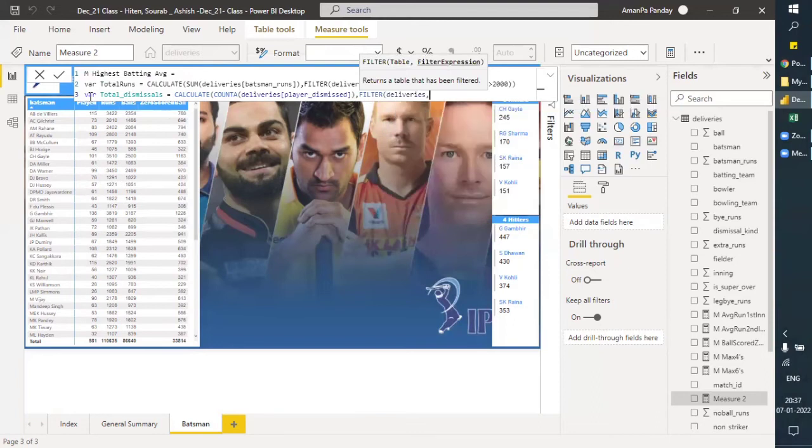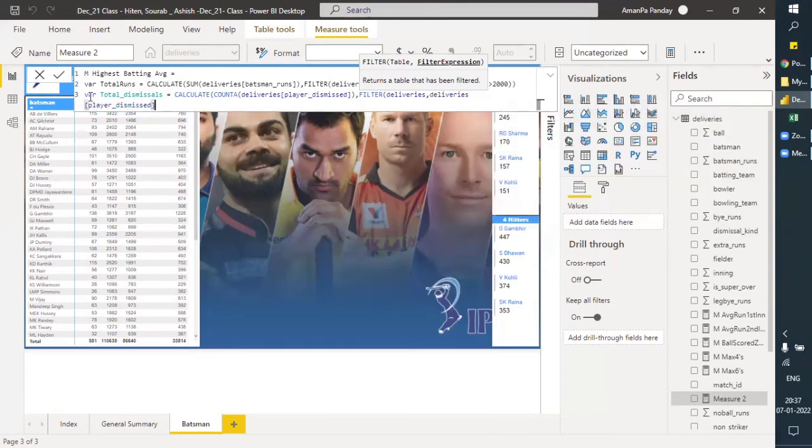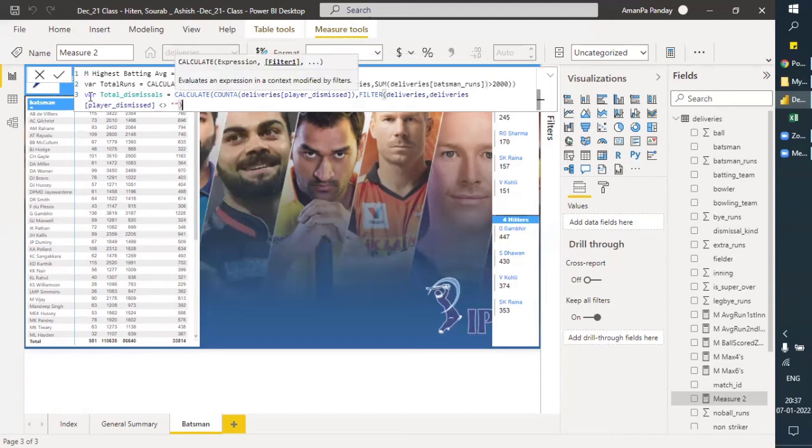As you know, we have to provide the table name on which we are applying the filter, so deliveries, and player dismissed is not equal to empty. Now I'll show you why I'm using this. Not equal to empty means nothing.